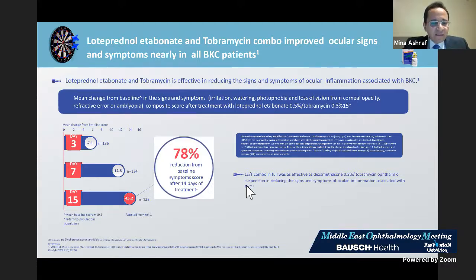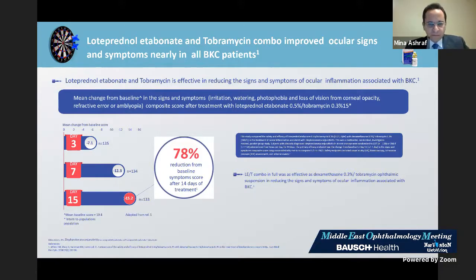blepharokeratoconjunctivitis. And we see here that after 15 days of treatment, Xylet achieved 78% reduction from baseline symptom score after 14 days of treatment. And in this study, it was a comparison between loteprednol etabonate plus tobramycin, Xylet, compared to dexamethasone tobramycin, and there was no significant difference between the two treatment groups in terms of controlling the ocular inflammation associated with blepharokeratoconjunctivitis. So in terms of efficacy, Xylet was comparable to dexamethasone tobramycin treatment, and both achieved the 78% reduction over